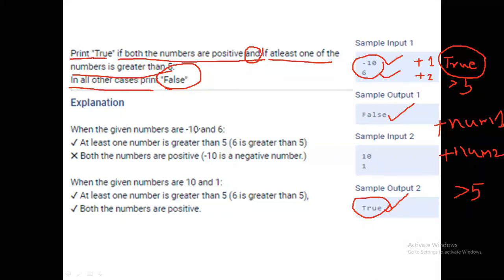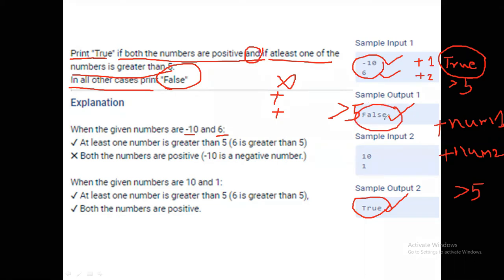When the given numbers are -10, 6, we have two conditions. One is both are positive numbers and another one is greater than 5. Here -10 is a negative number, so this condition fails, and you are going to print false as output.